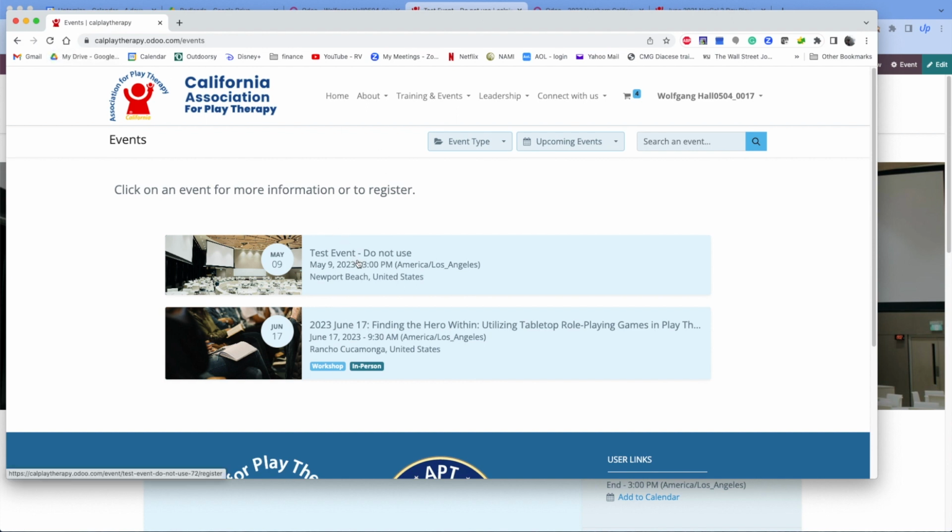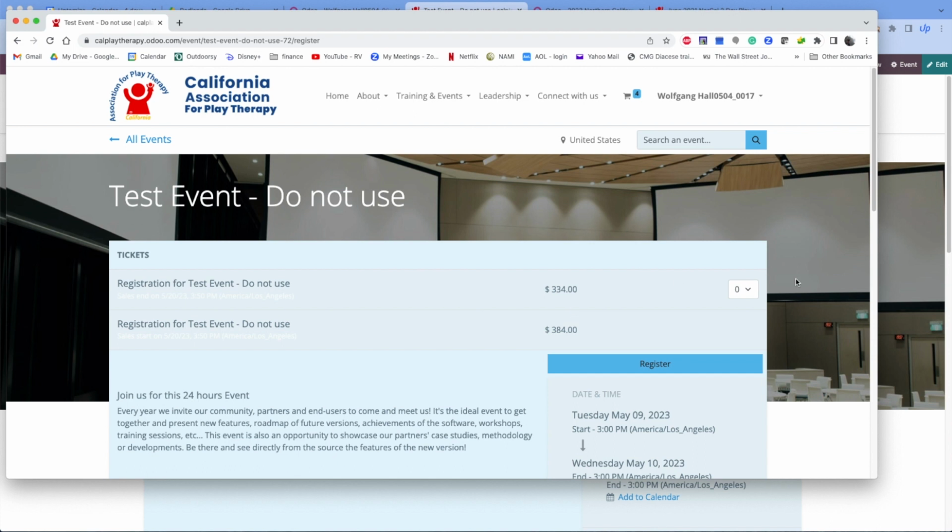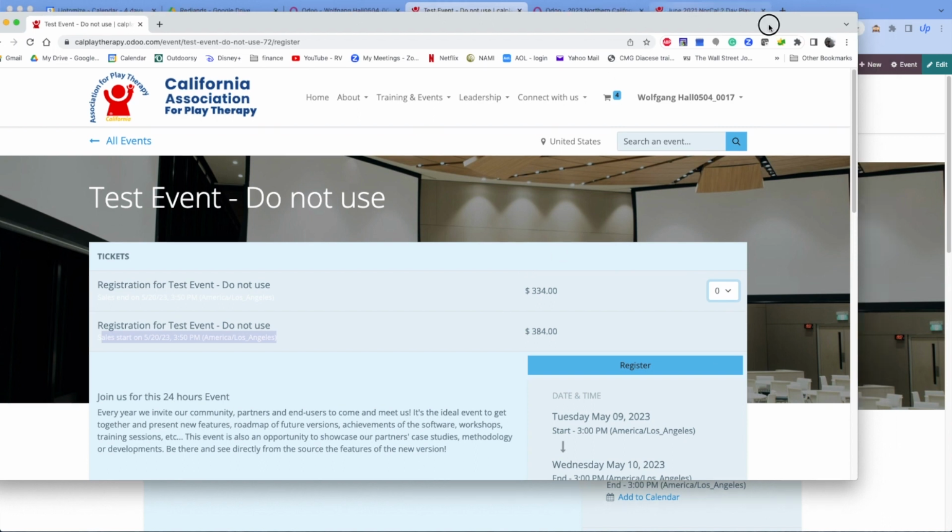So this test event, I have now, this is the only one marked because this one, the sales starts on the 20th, so we're not there yet, so we cannot select this. But I can select one of these, and you can see my price is 334. So that worked for the early bird. Now let's put this away for a sec,